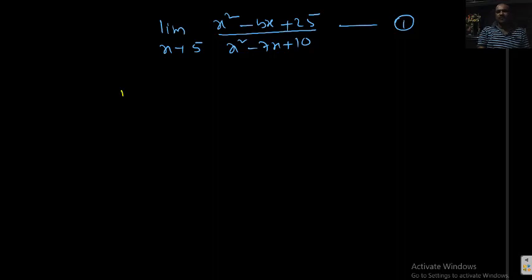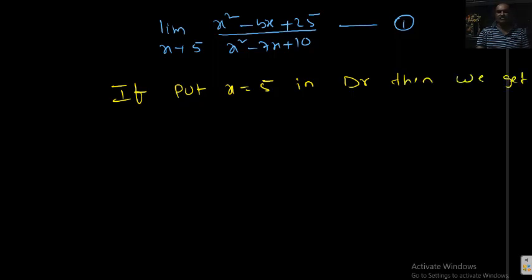So clearly, if we put x equal to 5 in the denominator, then we get 0. What is the meaning of that? Substitute x equal to 5 in the denominator, we are getting 0. What is the meaning of that? Actually, the function must be of the 0 by 0 form after substituting, then only the limit will exist. So the numerator is also tending to 0 for x equal to 5.